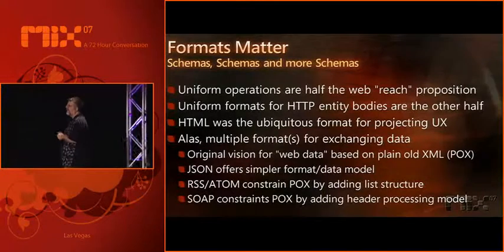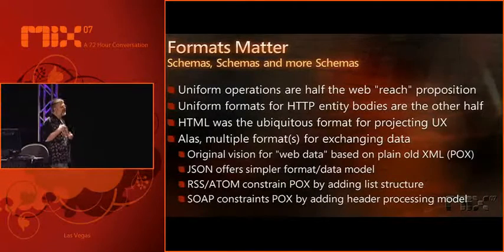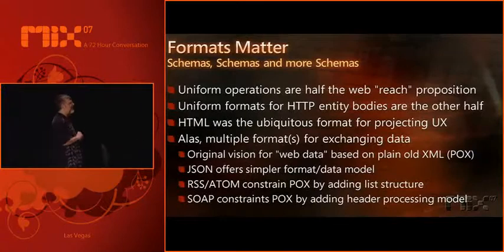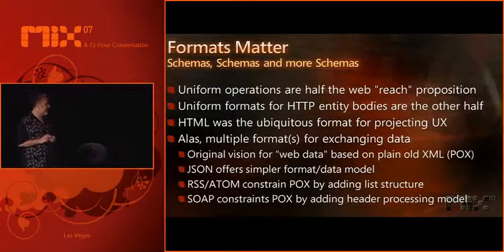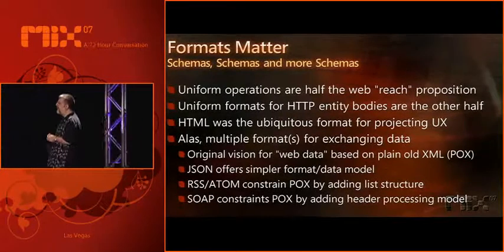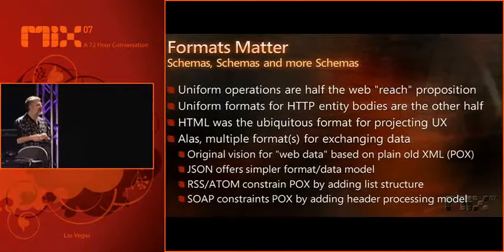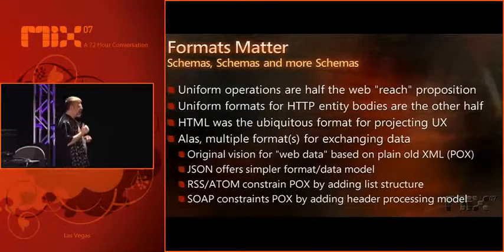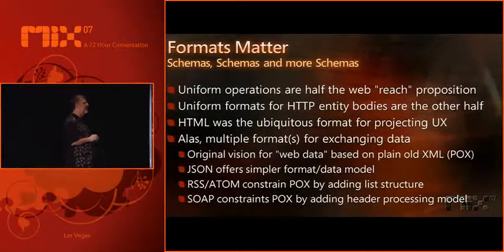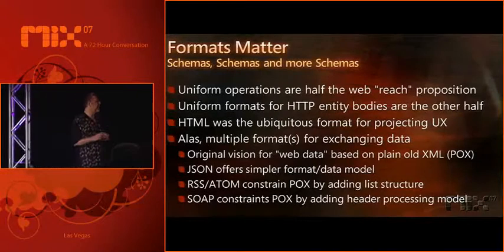A couple things happened along the way. One thing that happened was people started wanting to write JavaScript in the browser, and dealing with XML in JavaScript in some browsers is actually a fine environment. In other browsers, it's kind of tough. So obviously, everyone knows about JSON, which is another format which we sling a lot on the web, and increasingly slinging more and more of this nowadays. And so JSON was really kind of to deal with the fact we didn't have XML parsers in JavaScript. Right? Had there been great XML parsers in JavaScript, or E4X had succeeded and become ubiquitous, we might be in a different position.